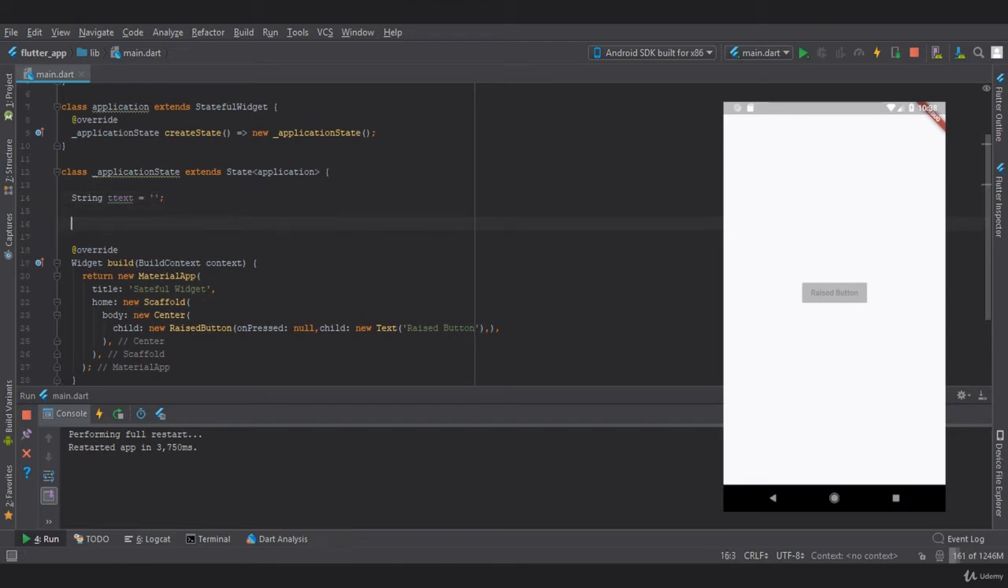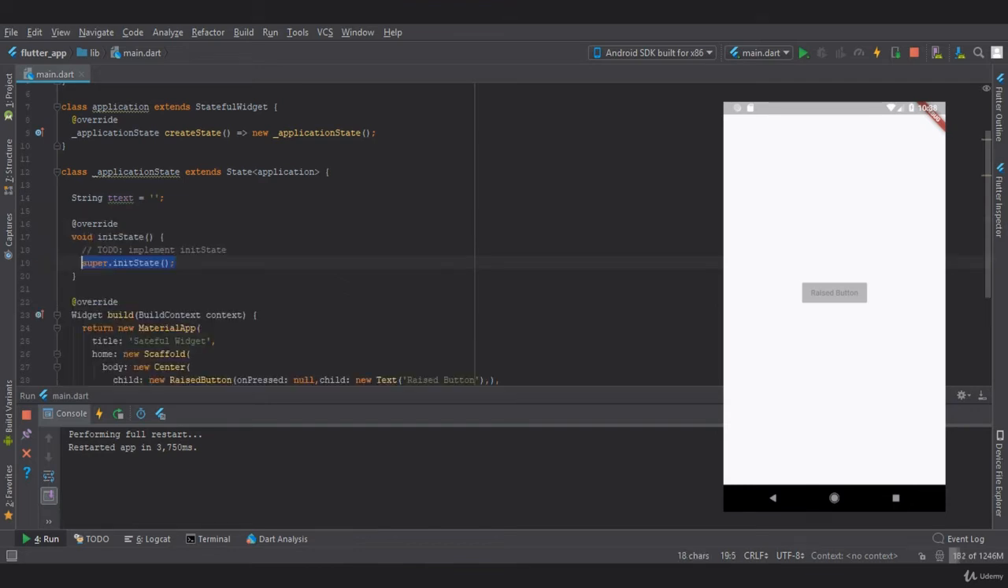And now we will create an initState. Now what is initState? An initState is called during initialization exactly once. In this we will set tText equal to, we will type, click on this button,